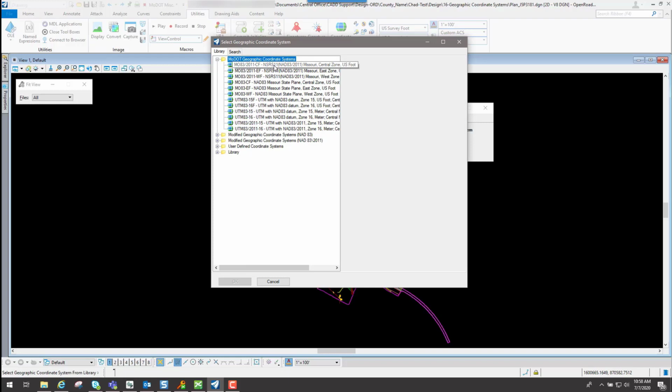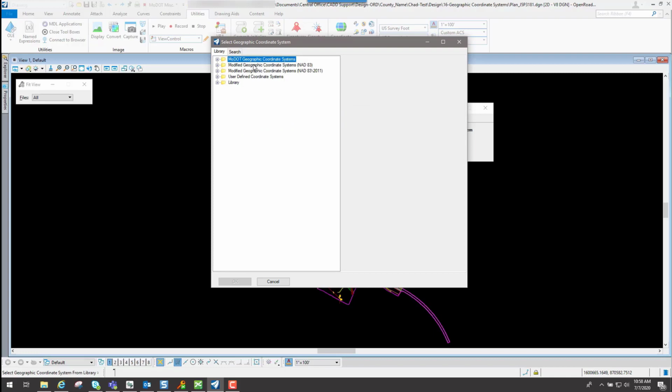Most of the time, the geometry that is surveyed or flown in Missouri is probably going to be on a state plane system, which is going to be central, east, or west. You also have these other ones through here, and these are a little bit older ones, and these may be used if it's an older project. And then you have some UTM systems that could be utilized, which aren't used very often, but they are there.